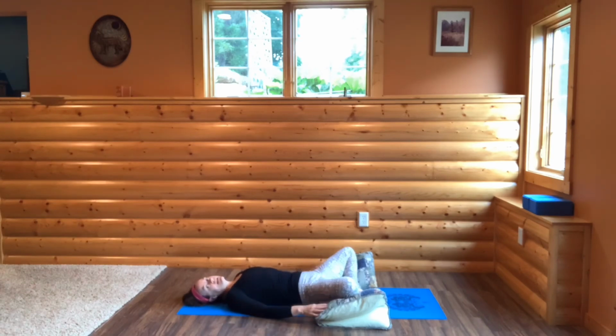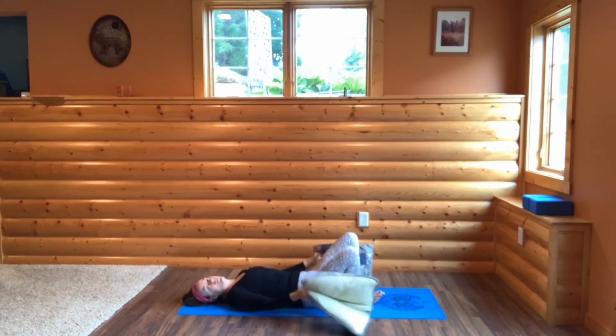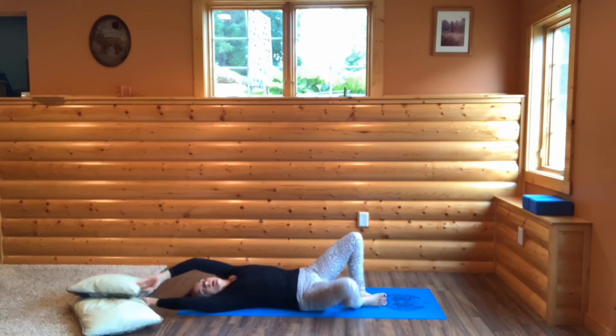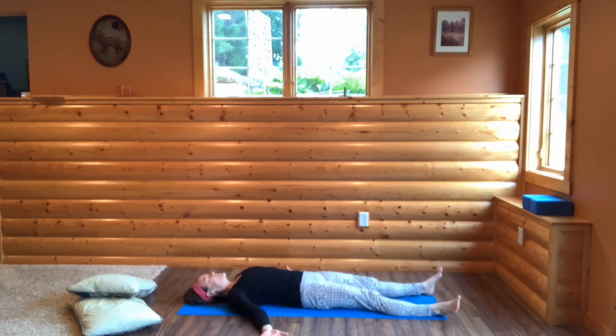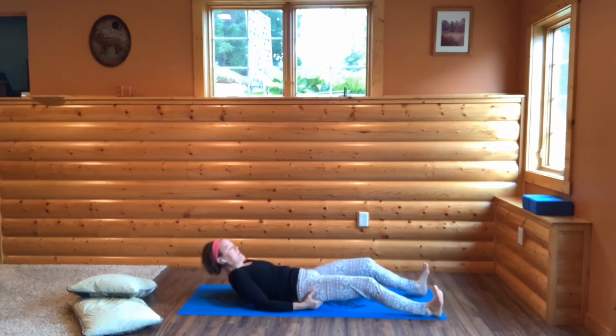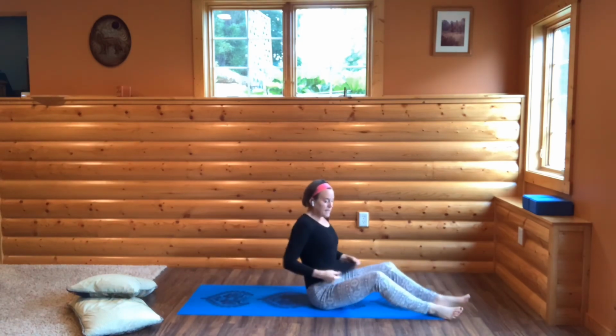If it doesn't, you could come to your final resting pose of Shavasana. So bringing your arms out to your side, your legs slightly spread. If neither of those positions feel good to you, find a position where you can come to stillness for the last few minutes of class. So begin to settle in,